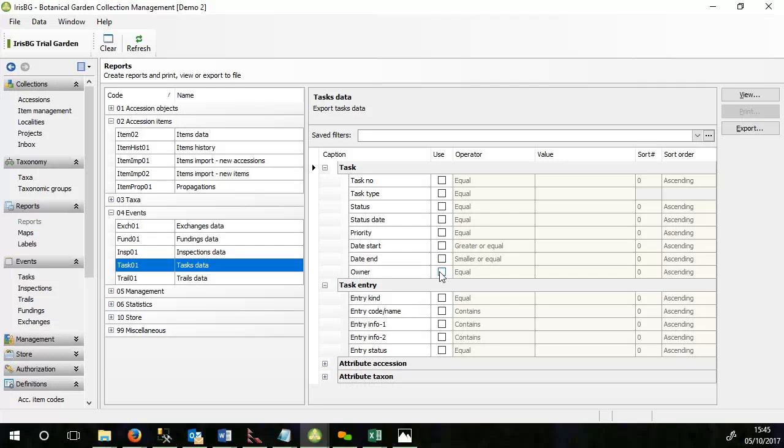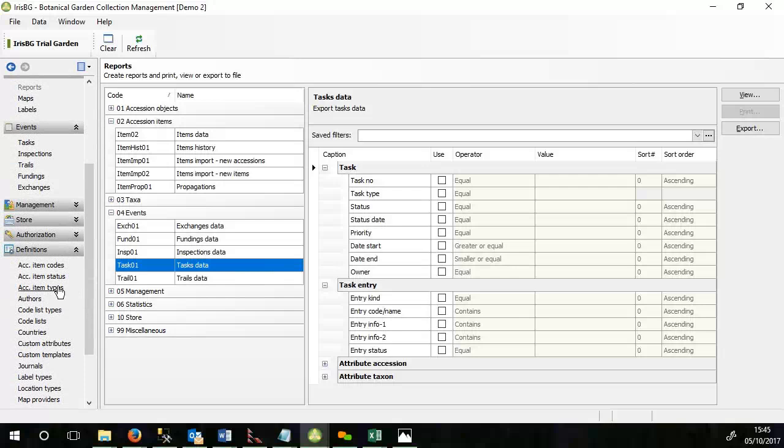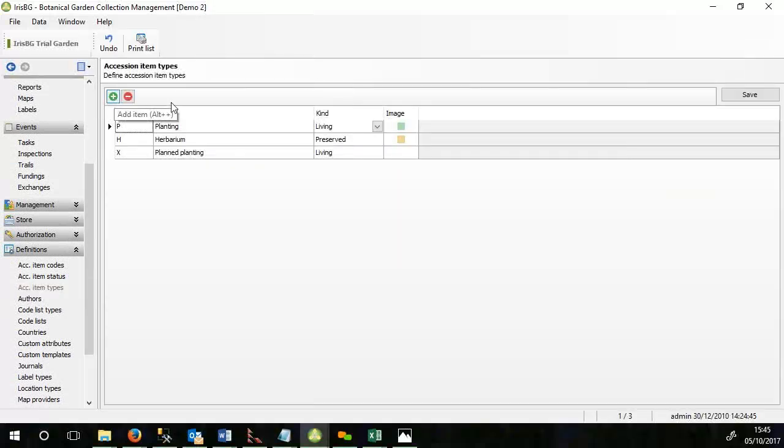Yeah. There was a related question here with adding item types. So can you add as many as you like? Yes. So there's a distinction for when you purchase Iris. If you just buy the standard product, then you're limited to one item type. It's listed on the price list as preserved material, but it actually is a capability to record any type of plant material. So the way to figure out if you have that or not is when you go into item types here, you will see that you can click on this green plus button. If you can't, then that means that you probably just have support for one